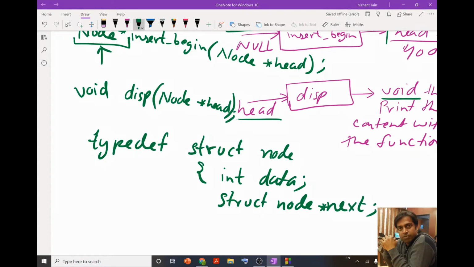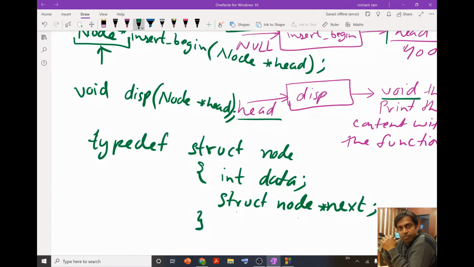So the data type of this next is struct node, and by writing a star, it means that this next is going to store the address of some structure of type struct node.